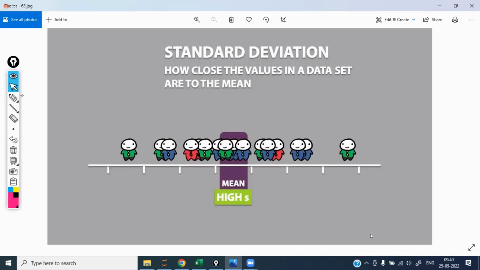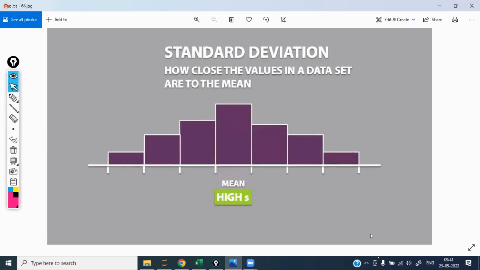Is that clear? If you want to measure the spread of the data, then you have to look at the standard deviation, not the mean. Variance and standard deviation are both the same, right? Just the square root. So if the data set is higher, the deviations are more. If the standard deviation is small, they are close to each other. Next